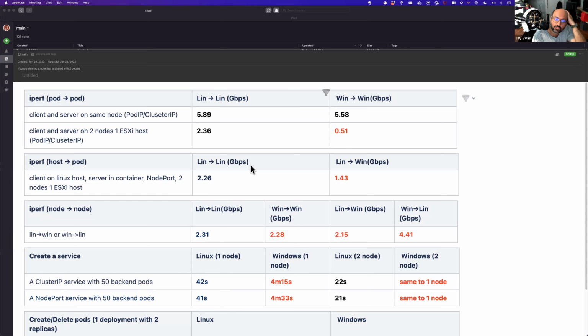And then if you look at services, it would take us almost 10 times, 42 seconds is about a minute. So it's about 4 times longer to pack 50 services onto a node and have them reachable over cluster IP, with 50 pods behind a service.